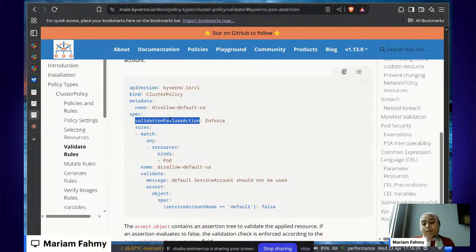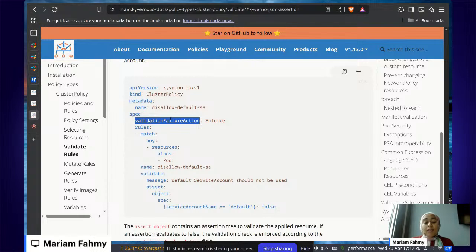And at Kyverno, we have always believed that it's really important to simplify the process of writing a policy. And so the policies should be easy to write and easy to understand. That's why we used the YAML language to write Kyverno policies, because it's familiar to Kubernetes users, right? So now, as Kyverno evolves, it has been very difficult to manage a lot of things because there are a lot of features, and we found out that we need a more consistent and focused way of writing a policy.